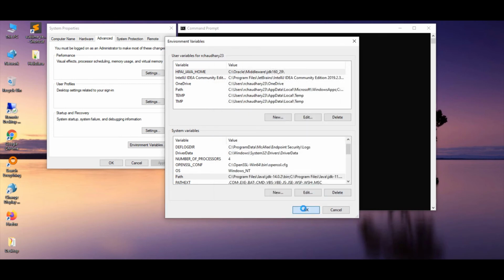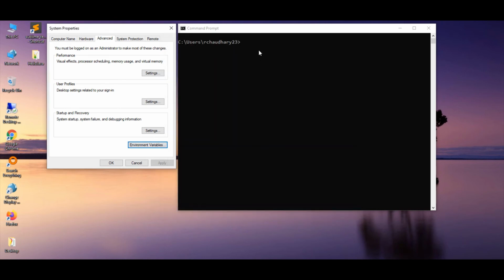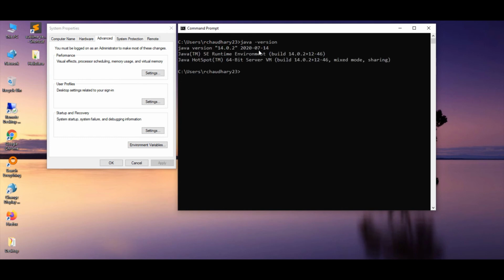So currently I have JDK 14 at the top, and if I go to command prompt and check the version of Java, it will tell me that it is JDK 14. Okay, so now what happens if I want to run my program using JDK 11? Then I have to switch the order in my path variable. So for that, I will go to environment variables,